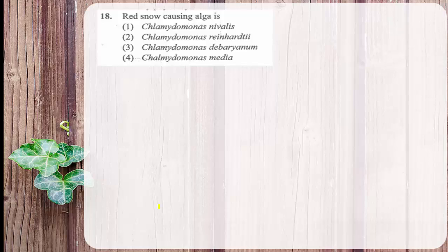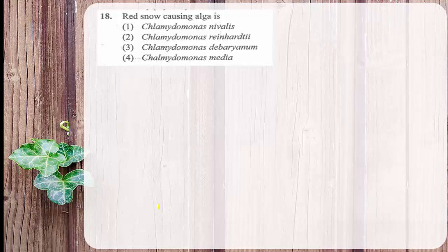Snow means ice. Ice is white in color. Unless we put some colored liquid on that, it doesn't get any color. It is white in color. Then the question is, why does this snow or ice show red color? Sometimes it is also referred to as blood snow or watermelon snow. Another name of red snow is blood snow or watermelon snow.